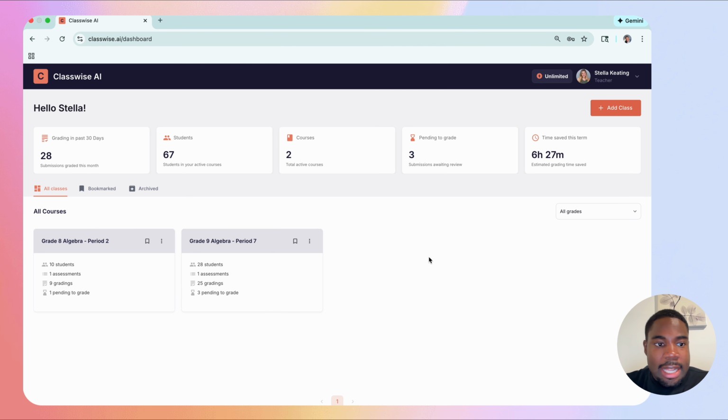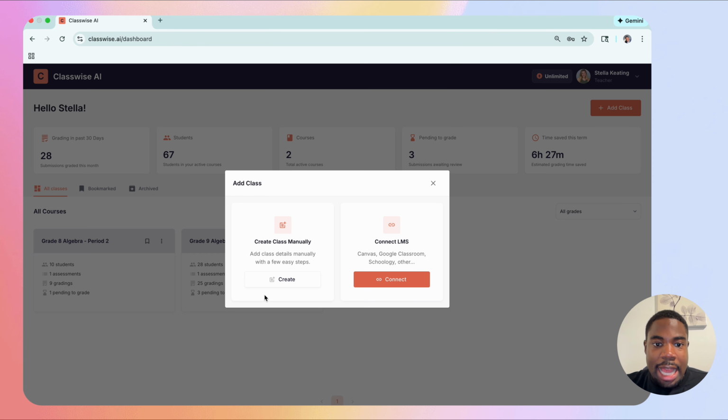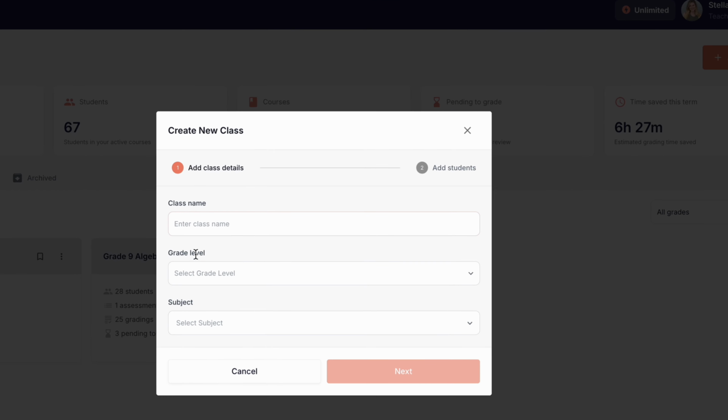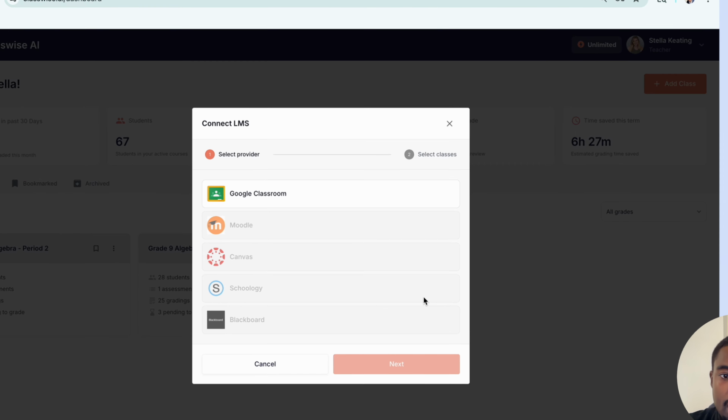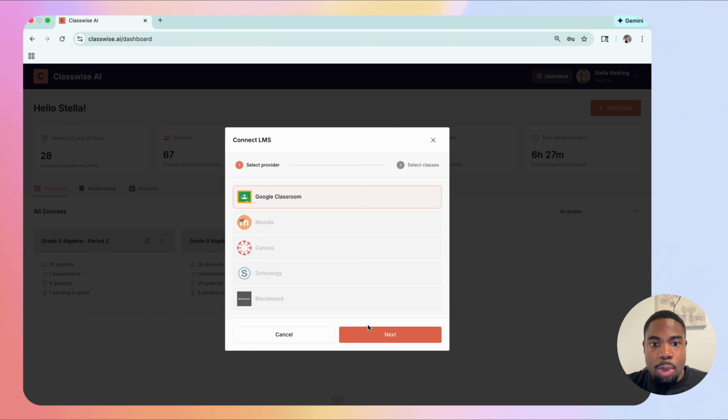On this dashboard, I can see high-level statistics, and I can see all the classes that I currently teach. Now, if I want to add or create a new class, I can simply come to Add Class. I can either create a class manually by giving a name, grade level, and subject, or I can connect to my learning management system. In this case, I'll import a class from Google Classroom, and in here, I'm able to